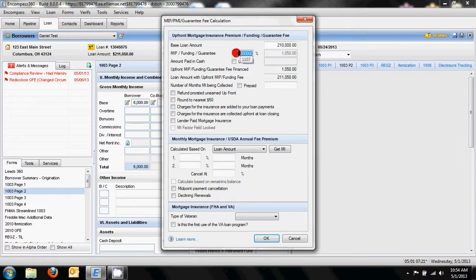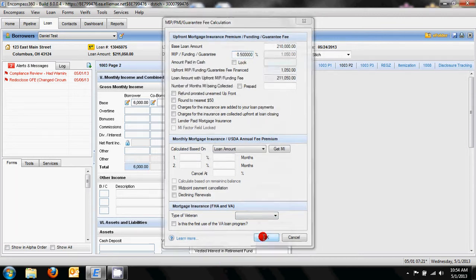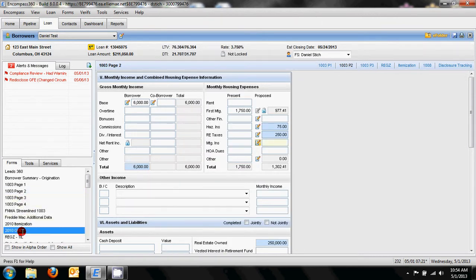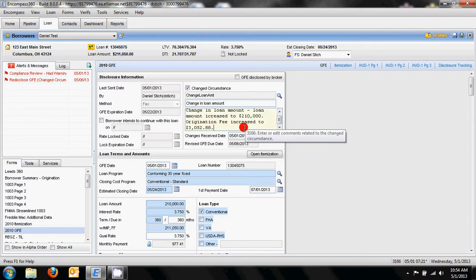If the loan amount increases, chances are the upfront mortgage insurance or the FHA mortgage insurance would increase. You want to make sure you're logging that as well, what those increases are going to be, so that all of that stuff lines up. So if this one increased to $1,050, I would maybe go back to this 2010 GFE and say VA funding